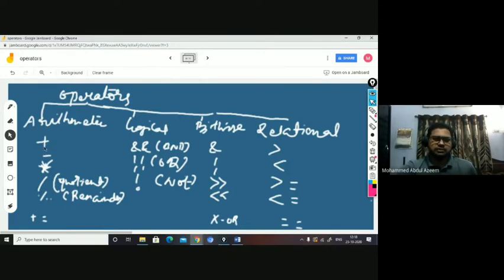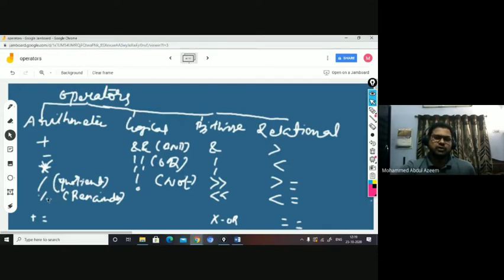Addition, generally the symbol being used is plus. Then subtraction, the symbol being used is minus or hyphen, as you call it on the keyboard. When you find multiplication, the asterisk symbol is the multiplication. Then there is a slash, right? This is said to be the front slash. There is another slash called backslash, right? The front slash is used for the division operation, which will give you the quotient as the result, right?